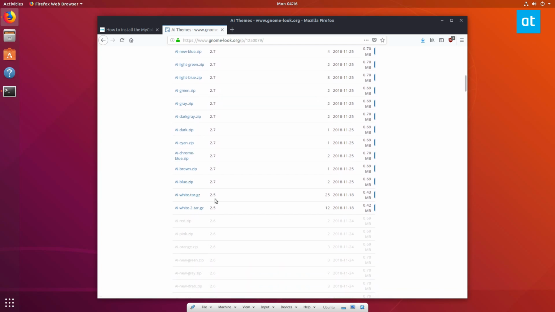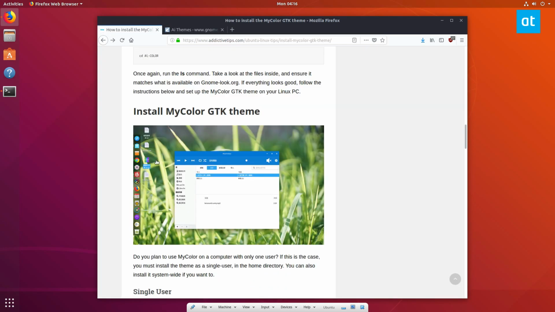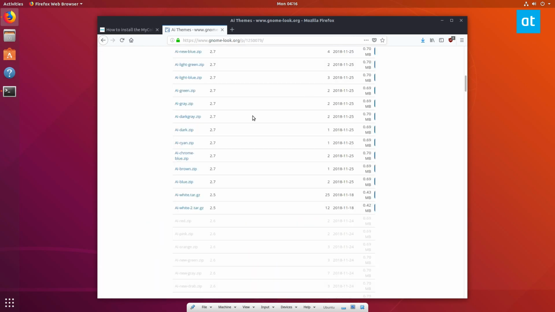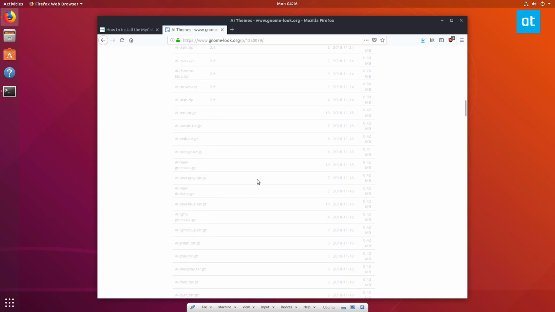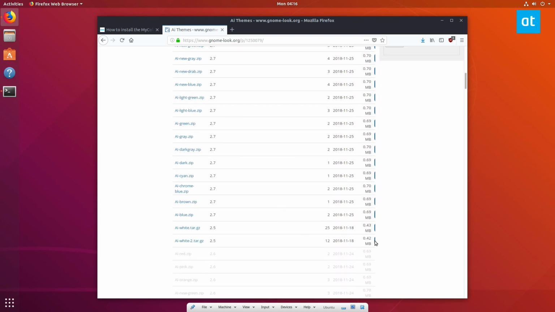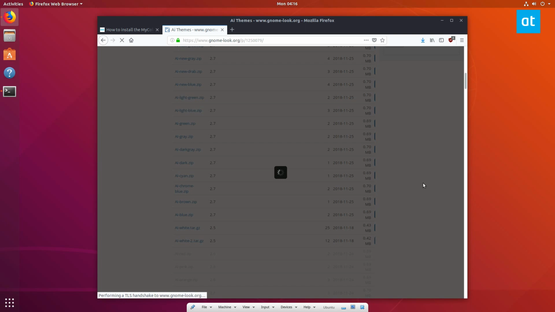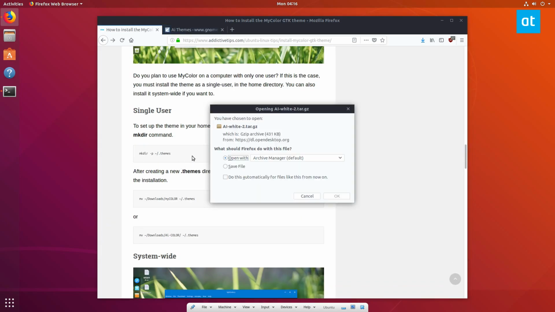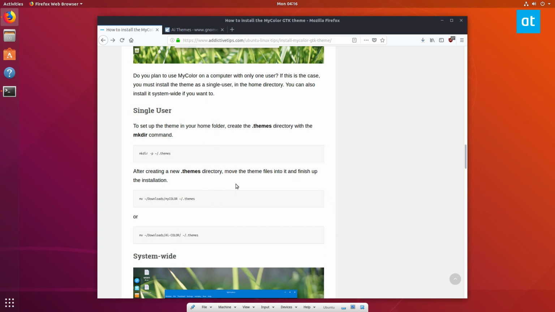Now we're going to download a tar.gz one because that's how I went over the instructions. But you should know right now that if you download one of these zip ones, you will have to use a different way of extracting it. They've got a bunch of different stuff here, so you can just click download, then click the download button here. Click start download, then we can go back to the instructions and